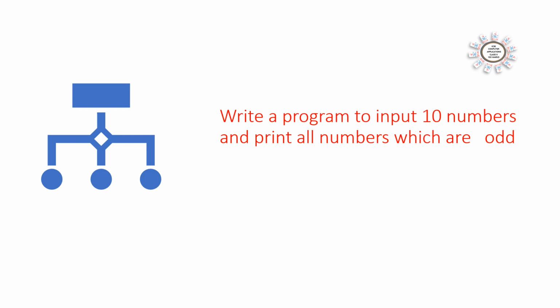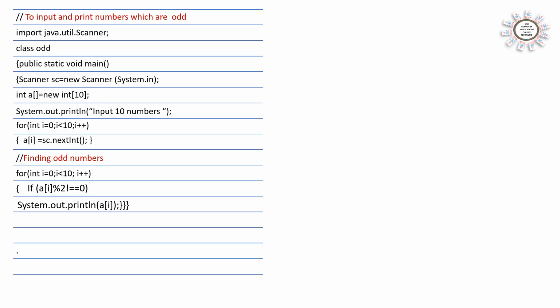Now the next question is write a program to input 10 numbers and print the numbers which are odd. So here we are going to print the odd numbers, not the numbers in odd position. So we can see the difference. So we can start the program, write the first 4 lines till Scanner class. And now the next step is declare the array which can store 10 integer numbers. int A[] is equal to new int[10]. Here we have declared the array and in this we can store 10 integer numbers.